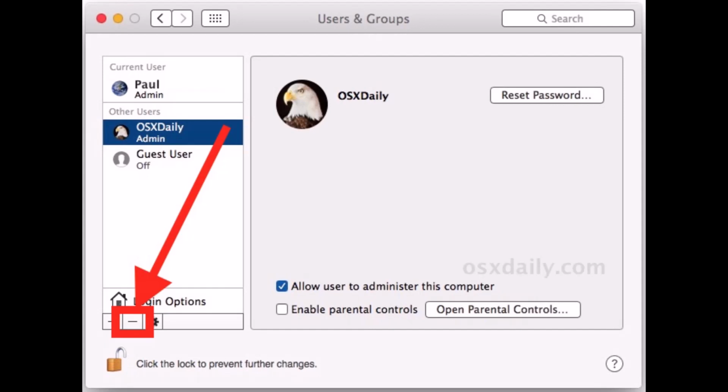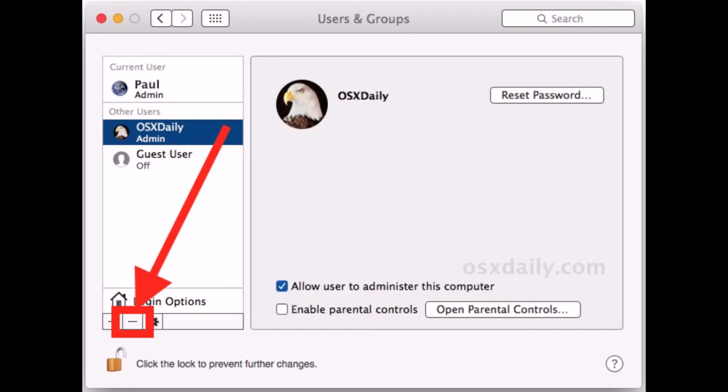First, you have to go to the Apple menu and choose System Preferences. Then select the Users and Groups Preference panel. Click on the lock icon in the lower left corner and authenticate with an administrator login as usual. Now select the account of the user that you want to delete from the Mac and press the minus icon button, which is at the bottom left, and hit the delete key with the user account you want to remove